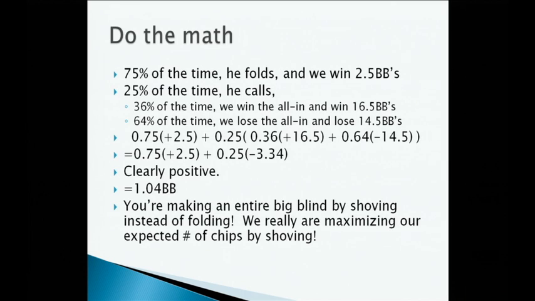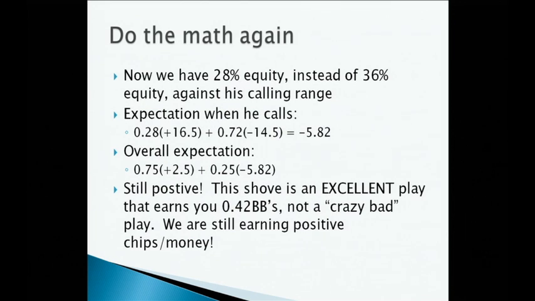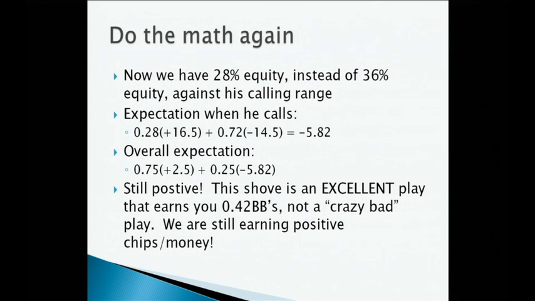Okay, so now let's suppose we had a worse hand. Let's suppose we had 3-2 offsuit. We can do the same calculation again. The only thing that changed is now we only have 28% equity instead of 36% equity. So 3-2 offsuit is actually a worse hand than 7-2 offsuit for a lot of all-in purposes, because 7-2 offsuit is the worst poker hand against a range of strong hands, but against a range of any two cards, 3-2 off is actually worse than 7-2 off because 7 high is relevant if they have like 6 high.